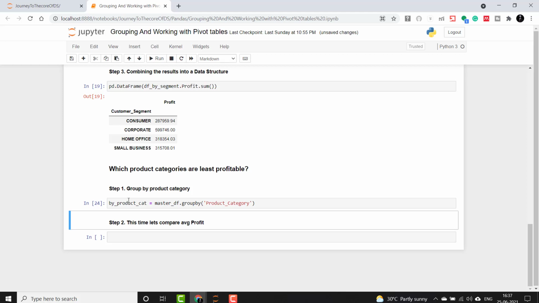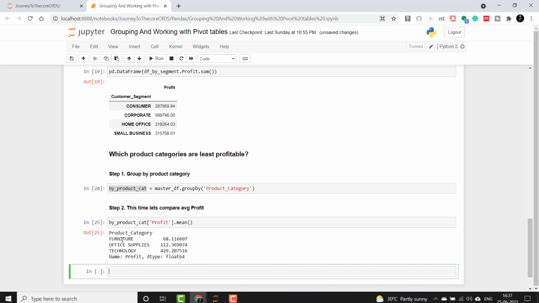This time let's compare the average profit. So I'll take this again and use profit and do mean aggregation. Now we will see that furniture is least profitable and technology is the most profitable.